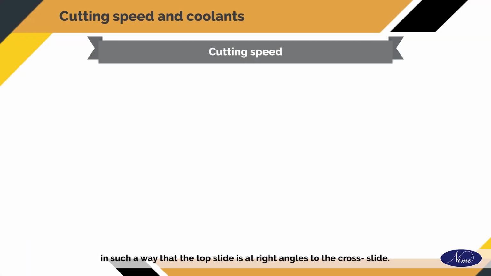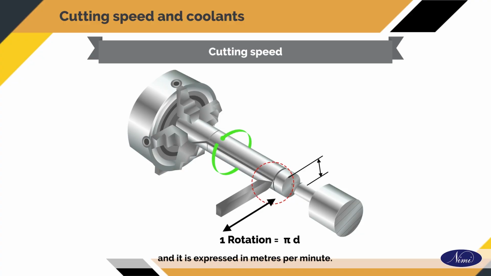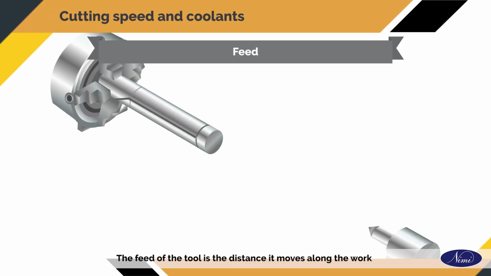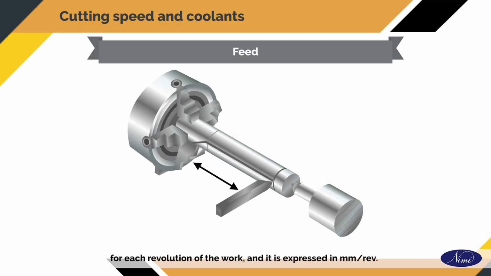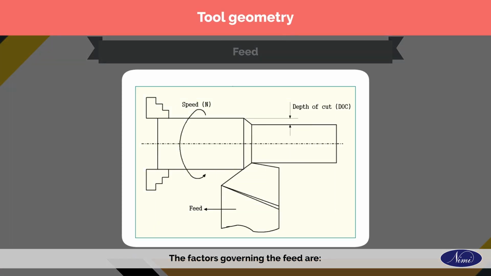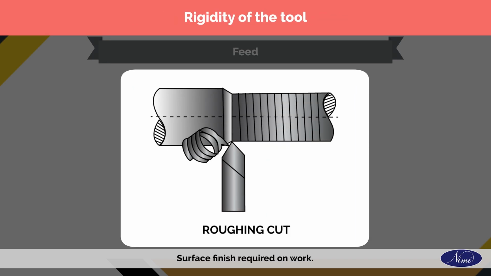cross slide. Cutting speed. Cutting speed is the speed at which the cutting edge passes over the material, and it is expressed in meters per minute. Feed. The feed of the tool is the distance it moves along the work for each revolution of the work, and it is expressed in millimeters per revolution. The factors governing the feed are tool geometry, surface finish required on work, rigidity of the tool,